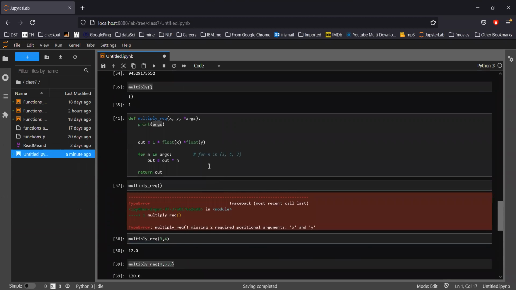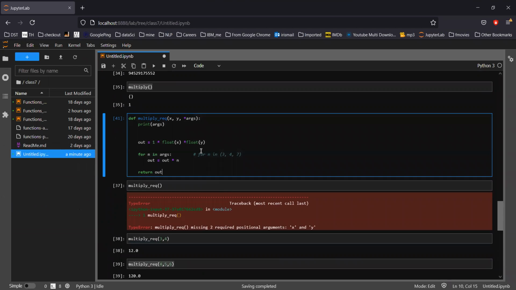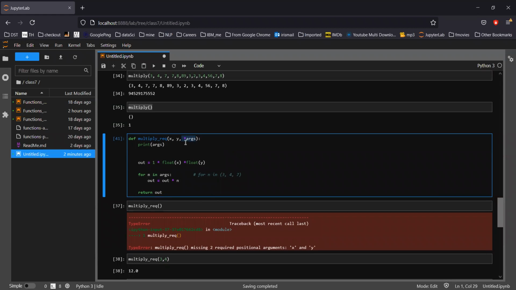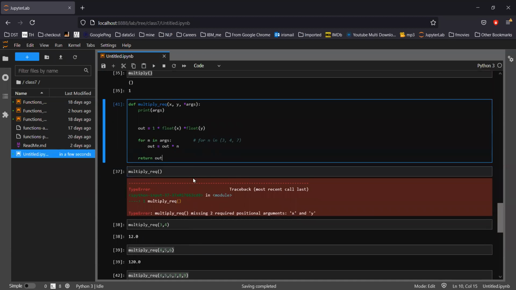So what is the benefit of using these two? This way you can force the user to give at least a few inputs. You are making sure the user must enter these two values, X and Y. I need it at any cost. So you can put positional inputs there, and then treat the remaining stuff as variable inputs, so it doesn't matter whether the user gives it or not. This is one way where you can force the user to give something. So this is ARGS.